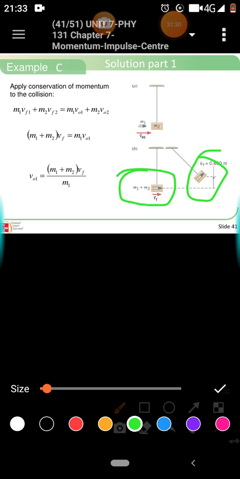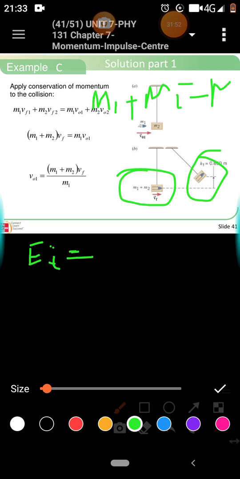So here we have E initial, which would be the kinetic energy. Let's call m1 plus m2 simply m. So this will be m, which is m1 plus m2, then v final squared,